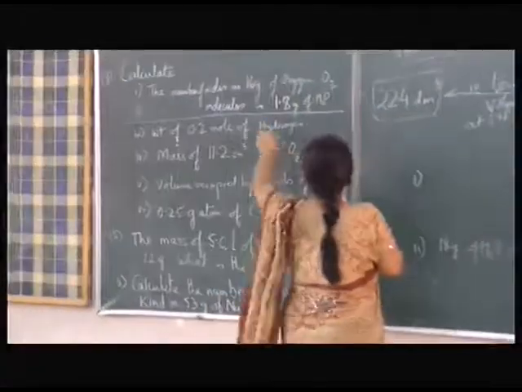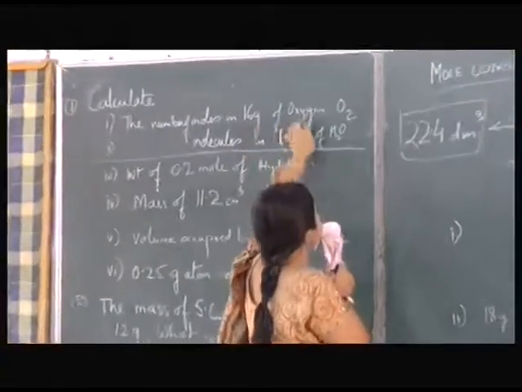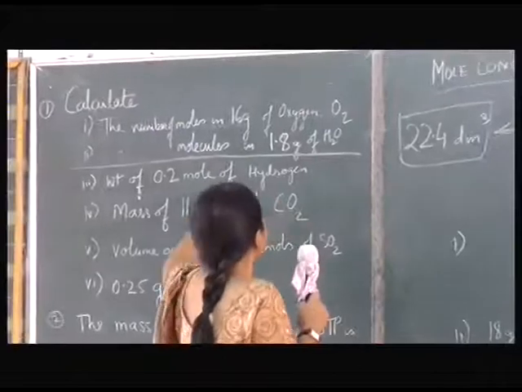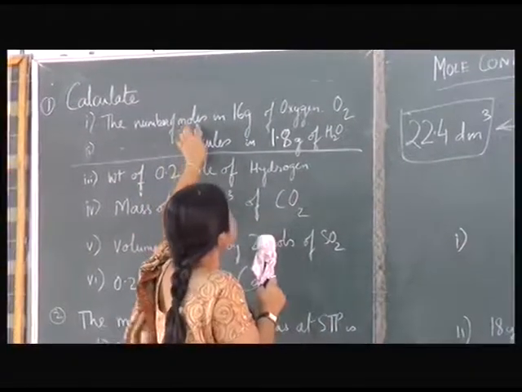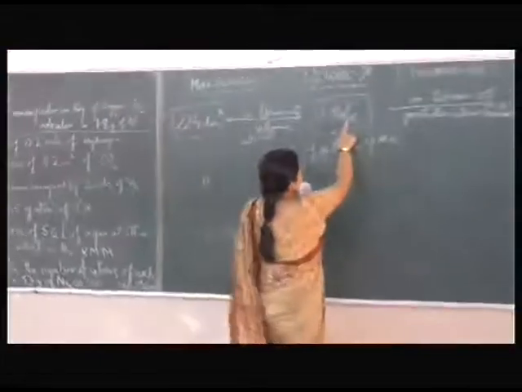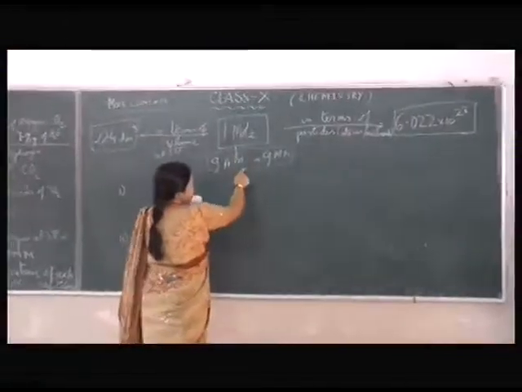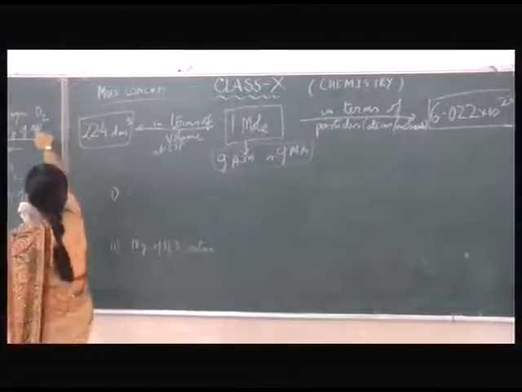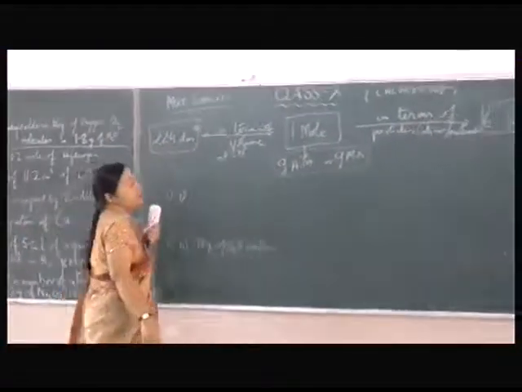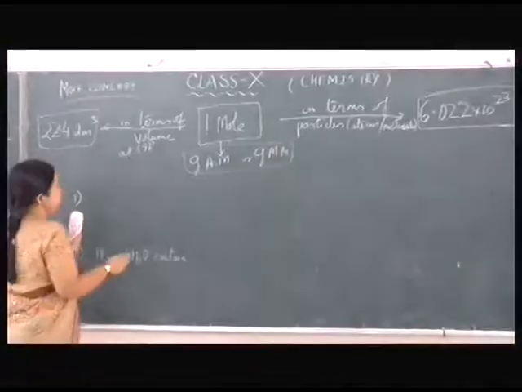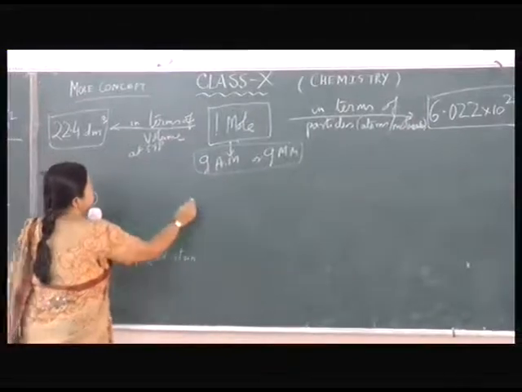Now, as I was telling, the number of moles in 16 grams of oxygen. What you have to find, you write on the right-hand side. So what is the number of moles? You have to find out the number of moles. In 1 mole, how is it related to the gram molecular mass? 1 mole contains... and what is it for oxygen? The gram molecular mass will be 32. That is, 16 is the atomic mass, so O2 will be 32. So we write that on this side.